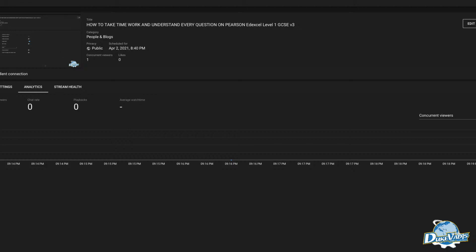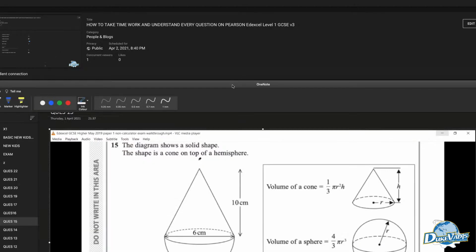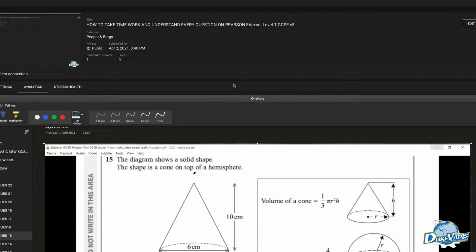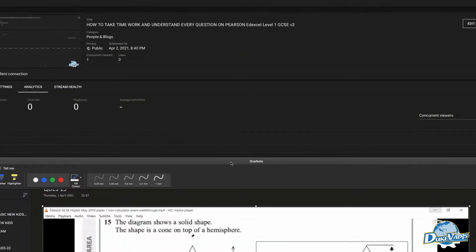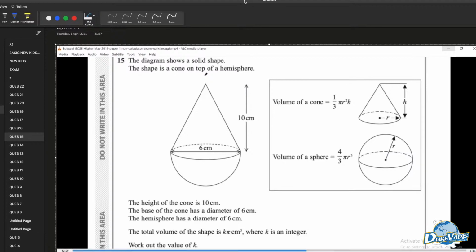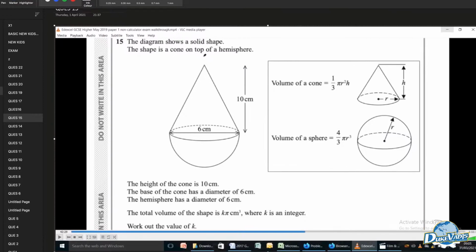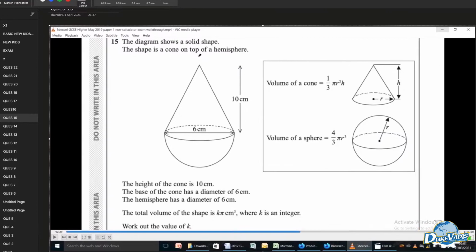Let's tackle question number 15. Question number 15. Alright, so this is question number 15, as we can see over here. They say the diagram shows